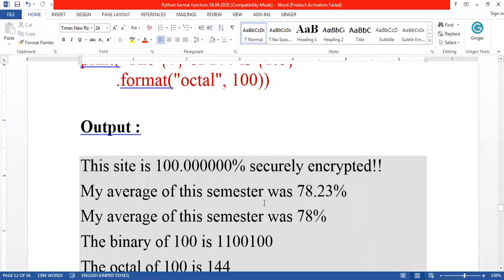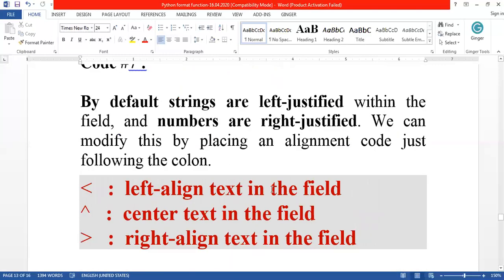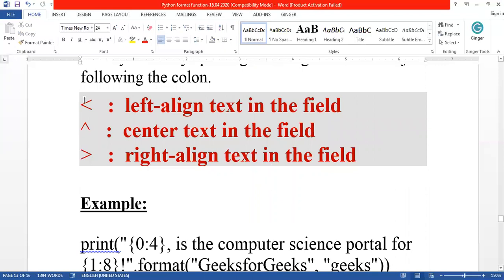Next, you can use some different operators: less than, greater than, and the center one. Less than means it will align the text on the left side. If you use this symbol, it will align the text in the center. If you use greater than, it will align the text on the right-hand side.